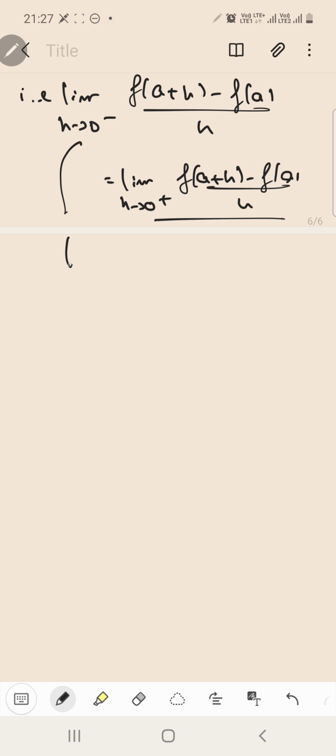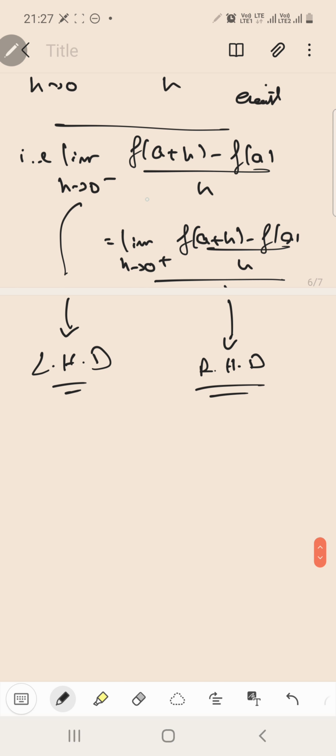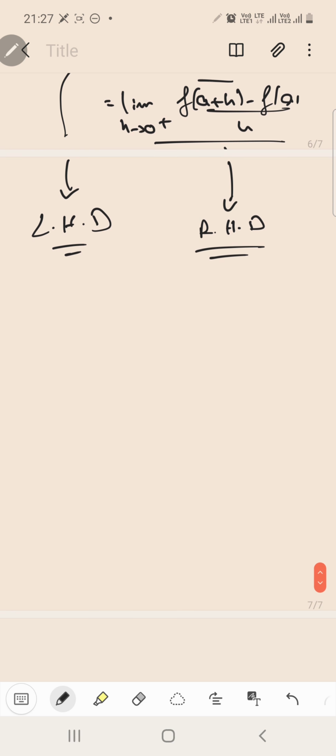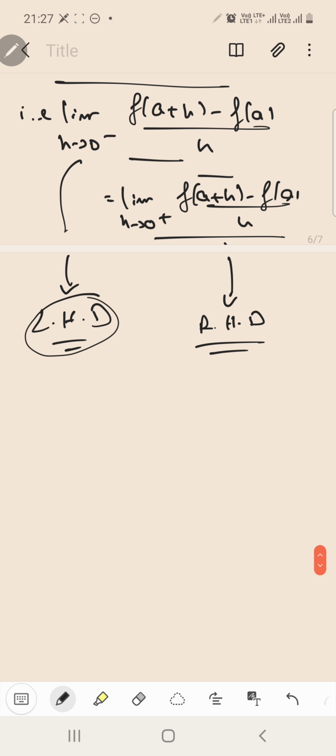Here the left hand limit is known as the left hand derivative and the right hand limit is known as the right hand derivative. So you need to just make sure that this limit exists by equating the left hand and the right hand limit. Showing the existence of these limits is exactly the same as showing the existence of limits normally. Just make sure that if you have a piecewise function given, then when you are finding the left hand derivative, you will be using the left hand function, and when you are finding the right hand derivative, you will be evaluating through the right hand function.